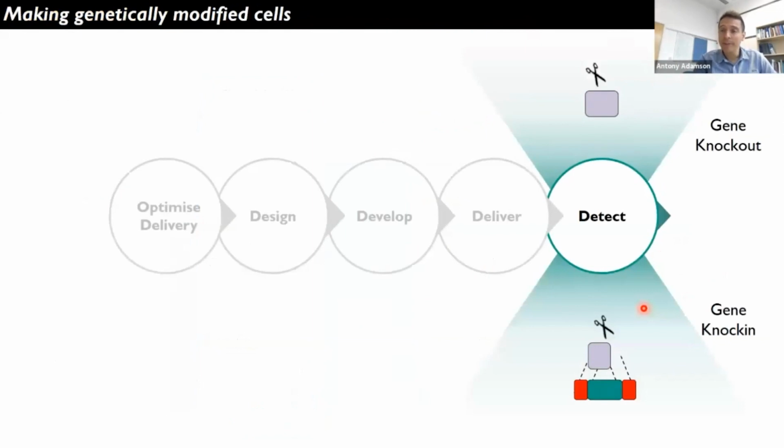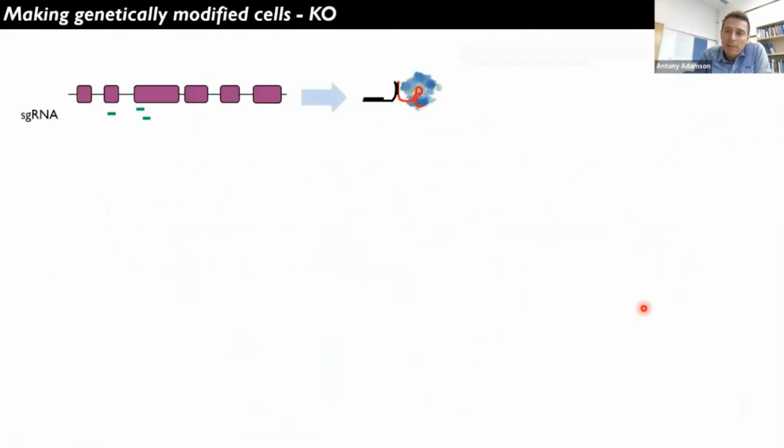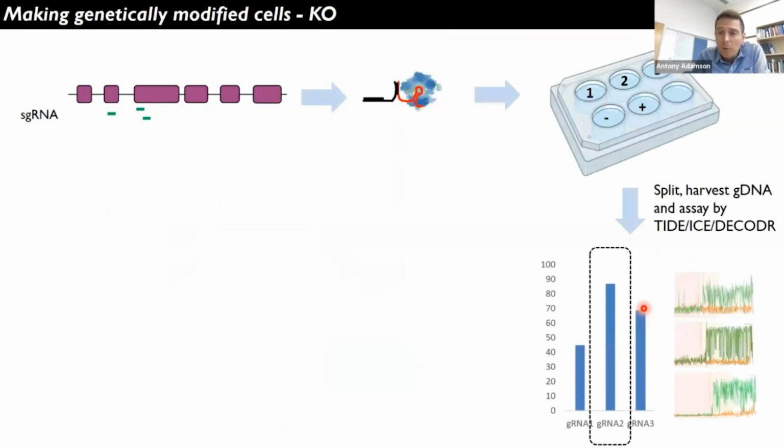And then finally we come to the detection stage of those cells again. So we think about gene knockouts and knock-ins. Well, as I said, we design multiple guide RNAs because as much as there are on-target predictions sometimes, they don't necessarily bear out in every single cell type. They're useful as a guide, but I wouldn't trust them too much. Generally speaking, we prefer to design the guide RNAs against the exons that we want to target for maximal knockout potential, and then we'll screen 2 or 3 of